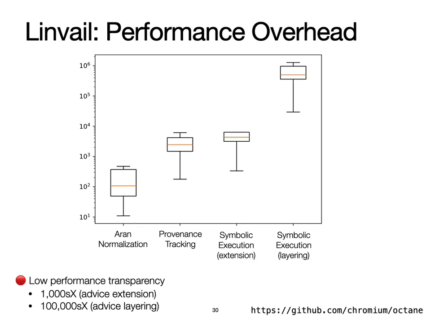Then there is an analysis that conducts symbolic execution with the advice extension architecture. It was not significantly slower than provenance tracking alone. Then there is the same symbolic execution analysis, but with the advice layering architecture. It introduces slowdown factors in the hundreds of thousands. This gives a perspective of what the user has to pay for being completely protected from the complexity of tracking